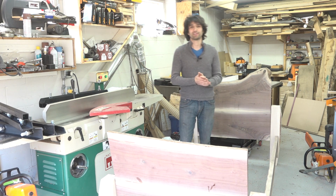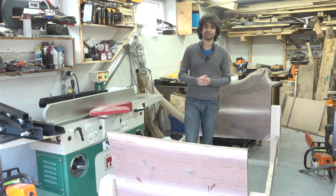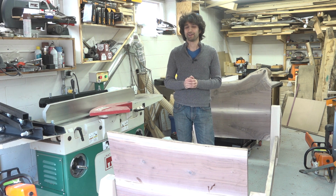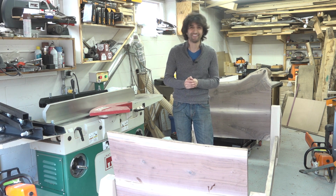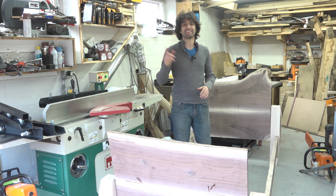But since my parents were in town, I spent some time with my dad on Friday. It was just nice to be outside instead of being stuck inside trying to heal. And we moved slabs. So before we take a look at the bed, let's take a look at the progress